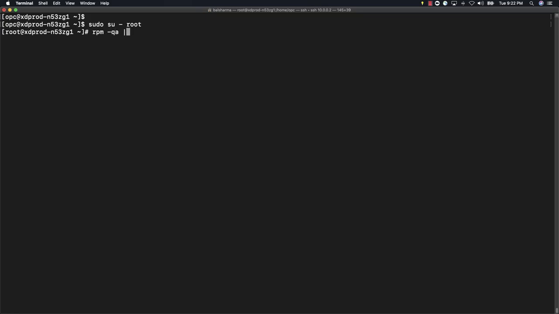For doing that, you can always use the rpm grep command, and you have to look for dbus tools _exa. So here, if you notice, the dbus tool version on my platform is 19.04.09. So this is the version which is available, and we need to definitely know what is the latest version